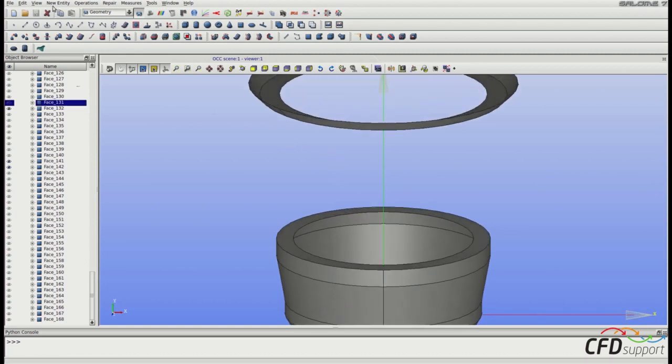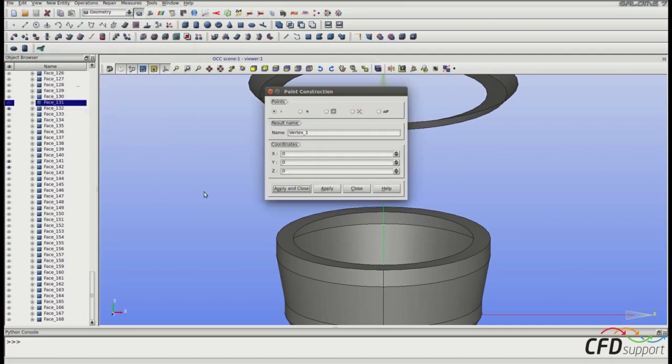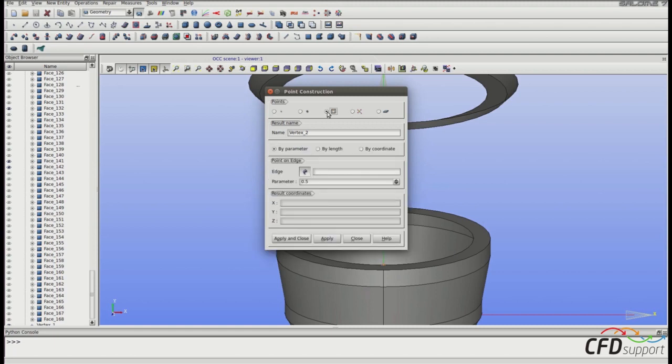Go into the upper menu, New Entity, Basic, Point, and select the point on the lower ring of the plug and click Apply. The first point is created, so let's go for the second one. Switch the point construction to the point on edge. Select the upper ring edge